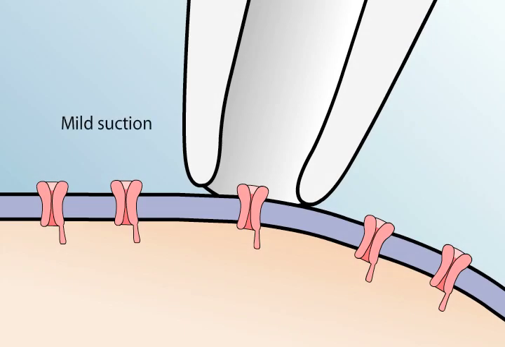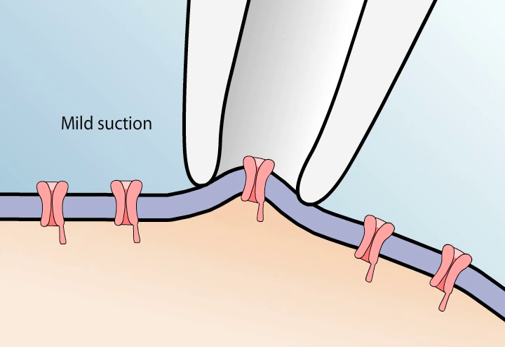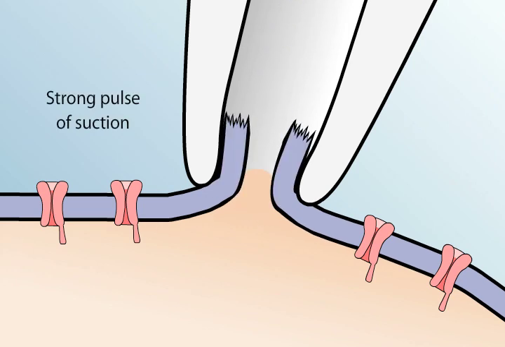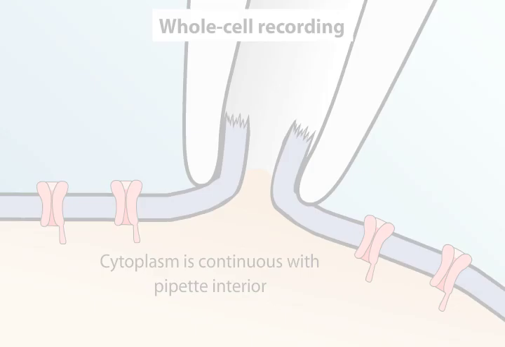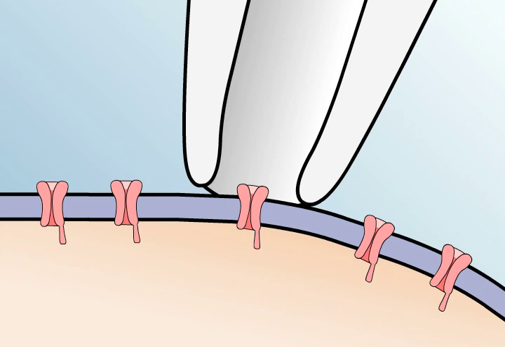For example, if the membrane patch within the pipette is disrupted by briefly applying strong suction, the interior of the pipette becomes continuous with the cell cytoplasm. This arrangement allows measurements of electrical potentials and currents from the entire cell and is therefore called whole cell recording. Two other variants of the patch clamp method originate from the finding that once a tight seal has formed between